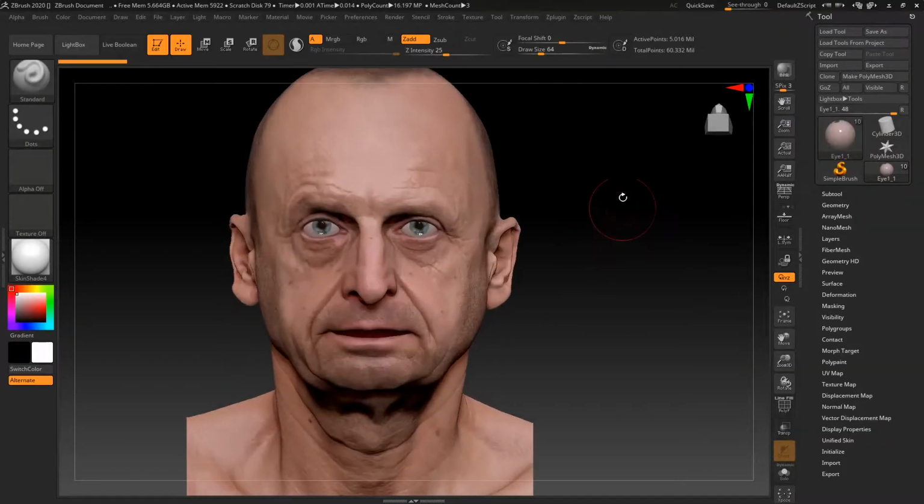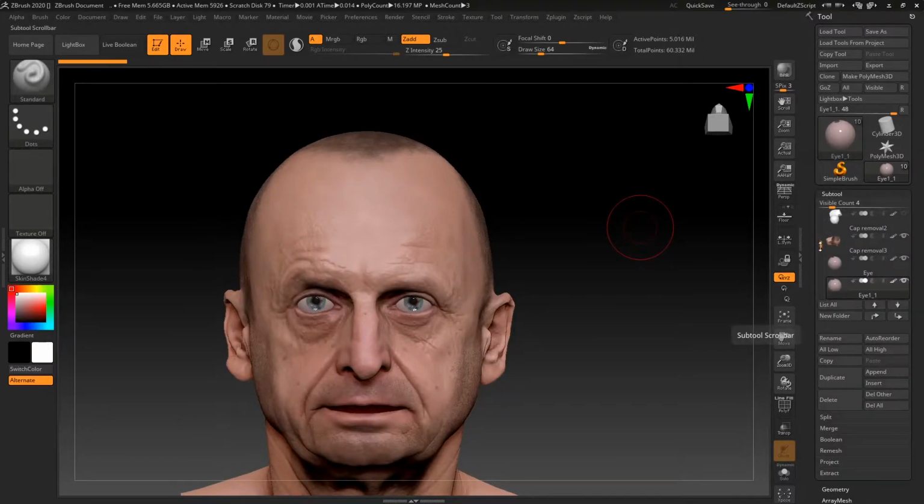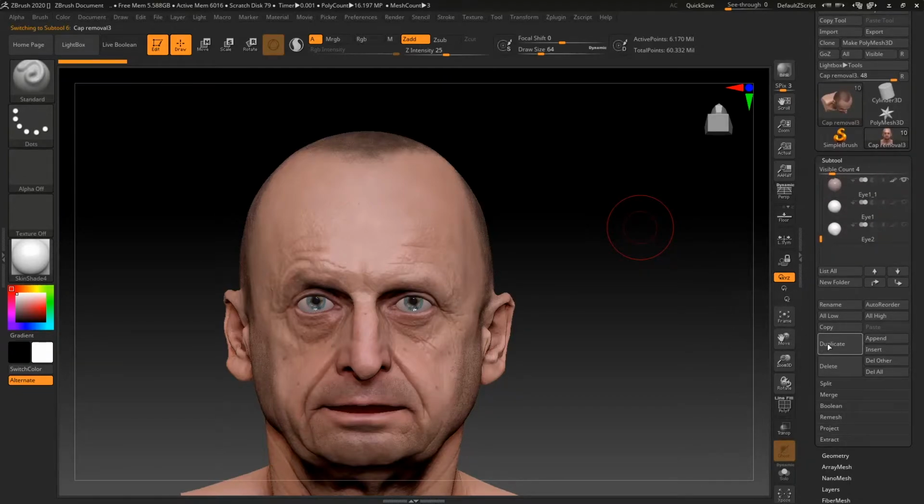Hello and welcome to this episode. In this episode we're going to be covering the hair, but we're just going to be starting off in ZBrush and making an export of this first. So I'm going to go to this mesh here. I'm going to duplicate it, move it down the list,